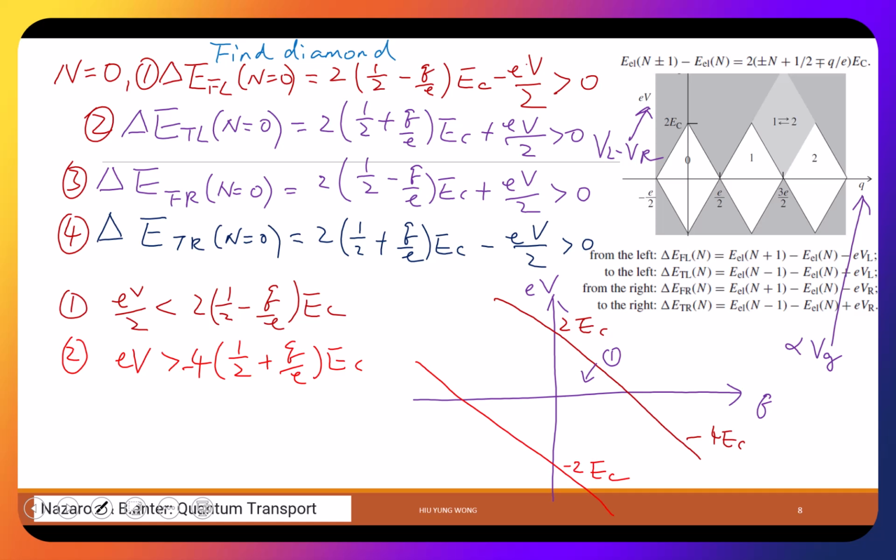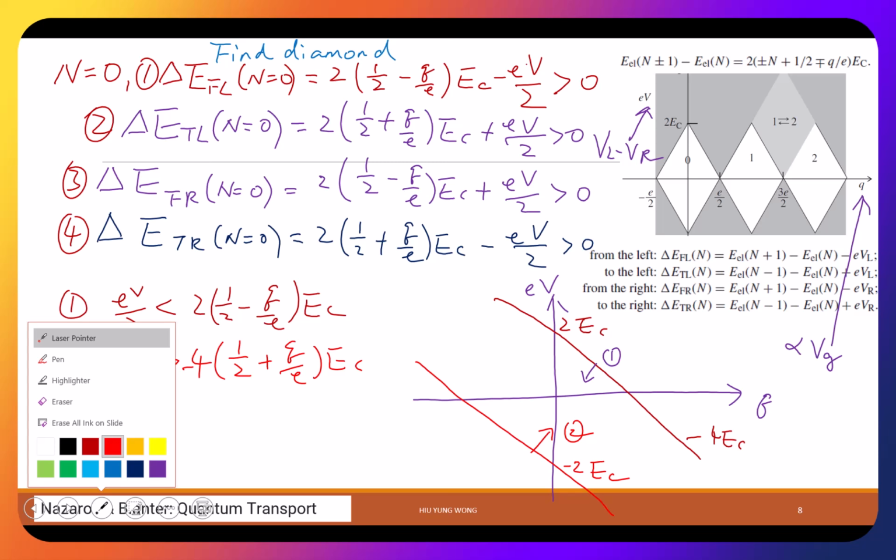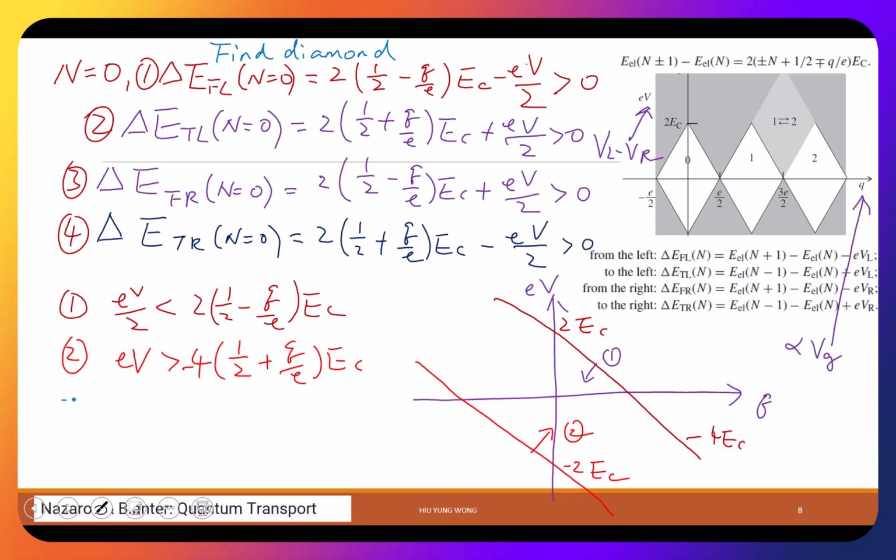Again, I'm plotting y equal to mx, but now it's y larger than mx, right? So this direction is 2. It means all the area above this curve satisfies this equation. All the area below this curve satisfies this equation. But I need to satisfy all of them at the same time, right? So only this area satisfies both of these equations. So homework, I will stop here, go back, finish